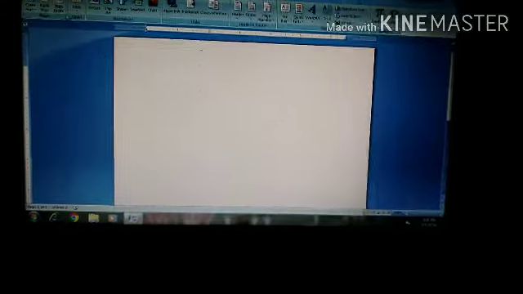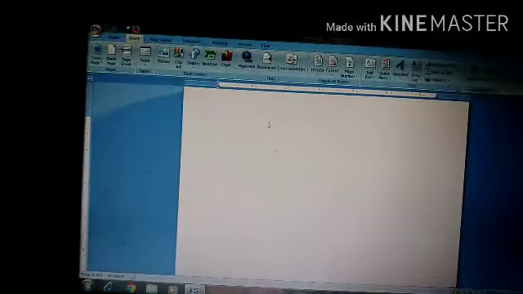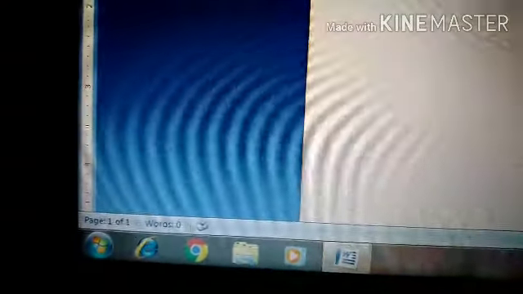Now next is blank page. Look, what is the use of blank page? Look here, this is the option blank page. Now look here, this is page 1 of 1. Now whenever I click on blank page, the page will increase. Now I'm just clicking on blank page,